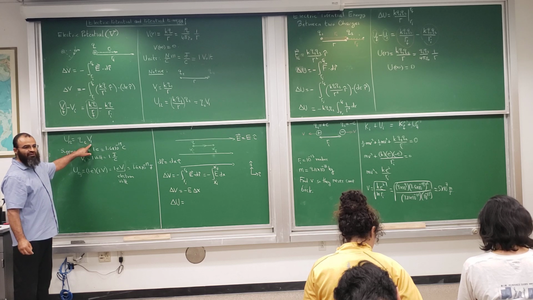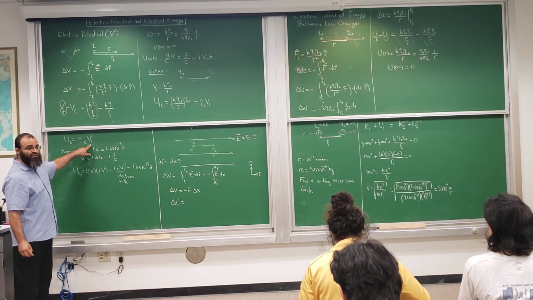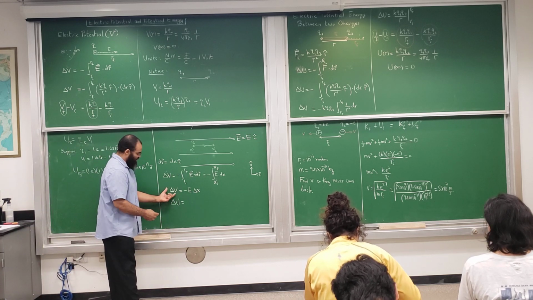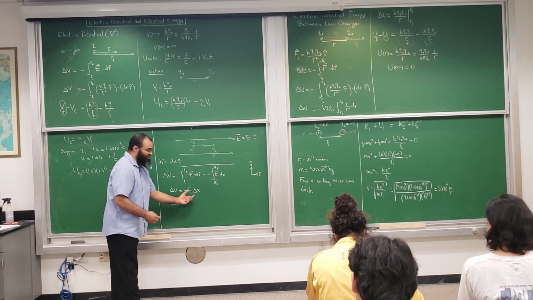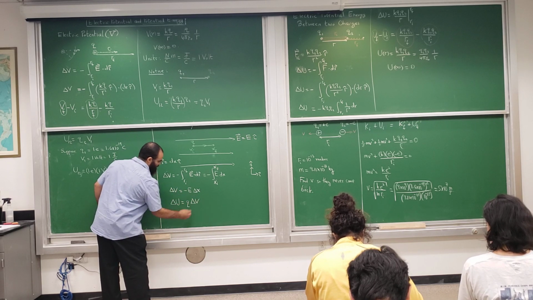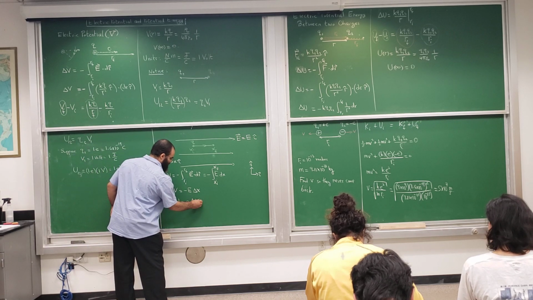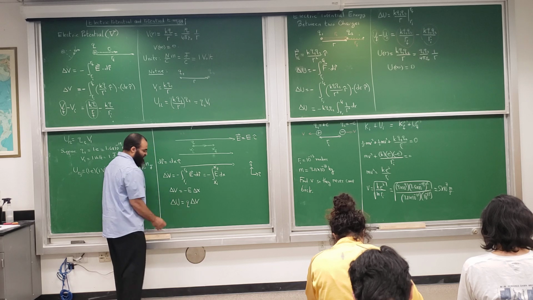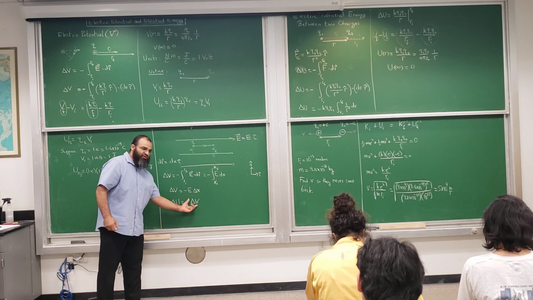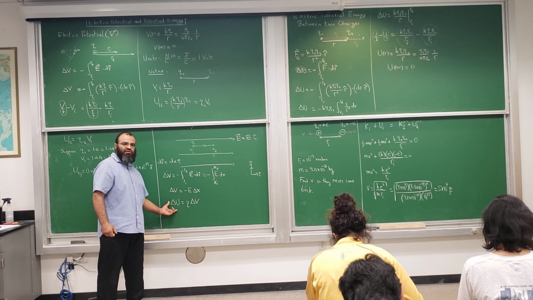potential energy is charge times potential, right? So the potential energy would be the charge times the potential. So it's going to be Q times the change in potential. And notice, if the change in potential is positive and Q is positive, then the change in potential energy will